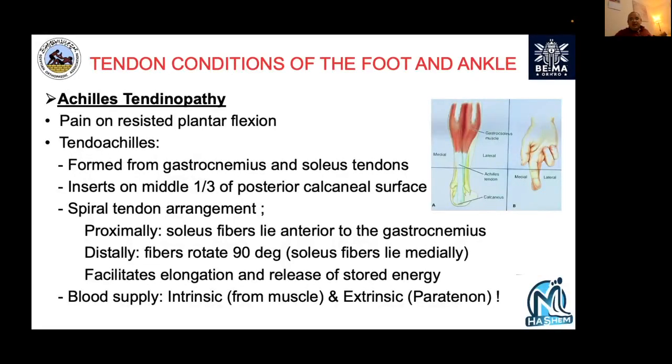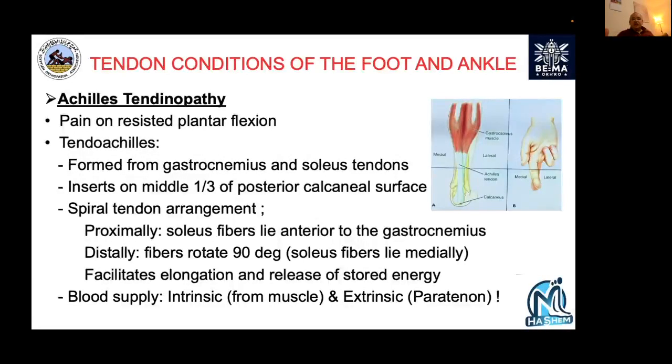So as you can see, the Achilles is formed by the triceps surae, which, as we agreed before, is triceps because the gastrocnemius has a medial and lateral head, and the soleus. So medial head of gastrocnemius, lateral head of gastrocnemius, and soleus. Up in the leg, the soleus